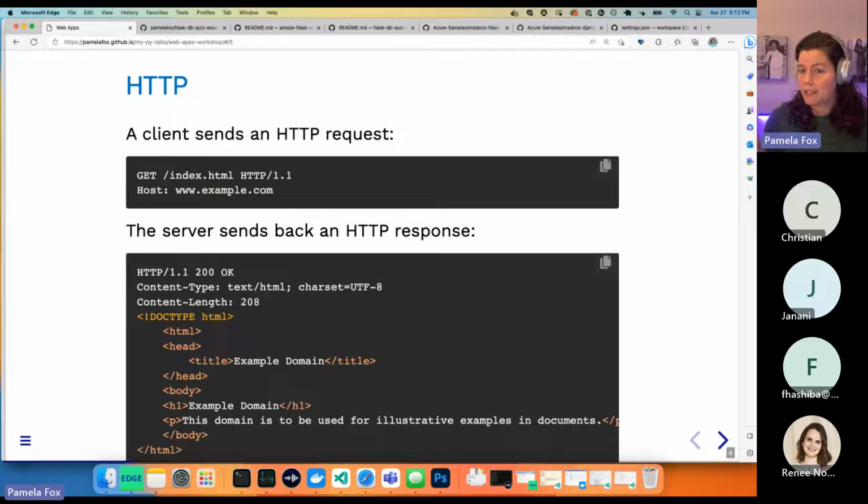This is what HTTP actually looks like. It starts off with a verb. The most standard verb is GET. So when you load a web page, you're actually doing a GET to get that web page. You tell the server what web page you're trying to get, what path you're trying to get and what domain you're looking on. And then the server will respond back, hopefully with the content if it found it. If it found it, you're going to get back a status code of 200. 200 means success. Then you'll also get back some headers that describe the content, and then you'll get back the content itself. Now, if it wasn't successful, you can get back a different status code.